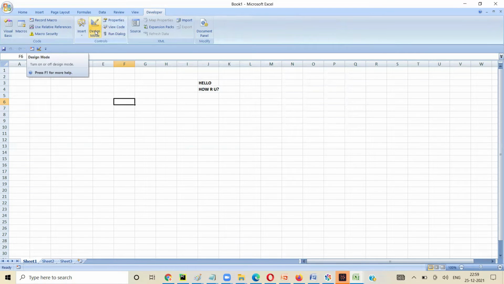Design Mode: when you click on Design Mode, we can edit this macro or edit this Excel and add components. So I want to insert a button.